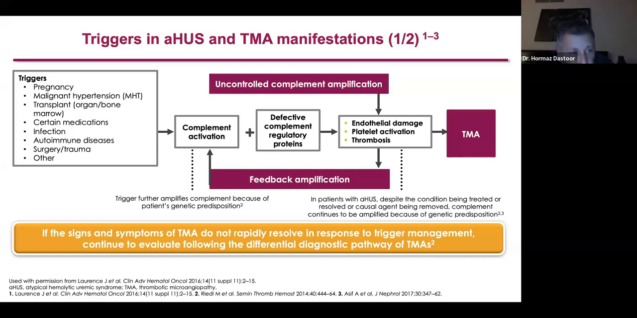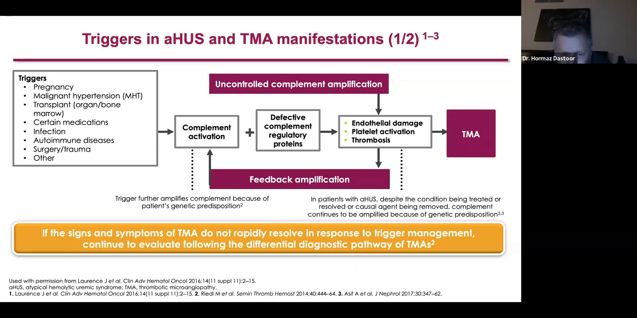And what is important to note is that malignant hypertension by itself, even pregnancy by itself, can cause a TMA picture, which can mimic AHUS. And they can also be triggers in genetically susceptible patients, which can cause an AHUS. So as a clinician, you have to identify if that patient with malignant hypertension presents to you with low platelets and kidney failure. You have to ask yourself the question, is my patient having